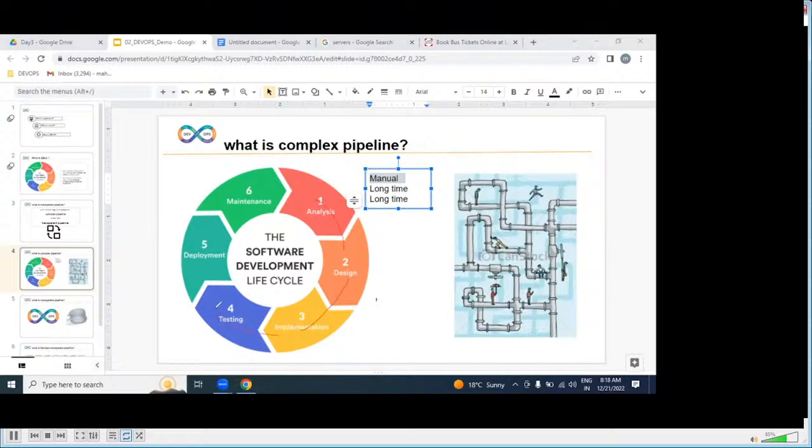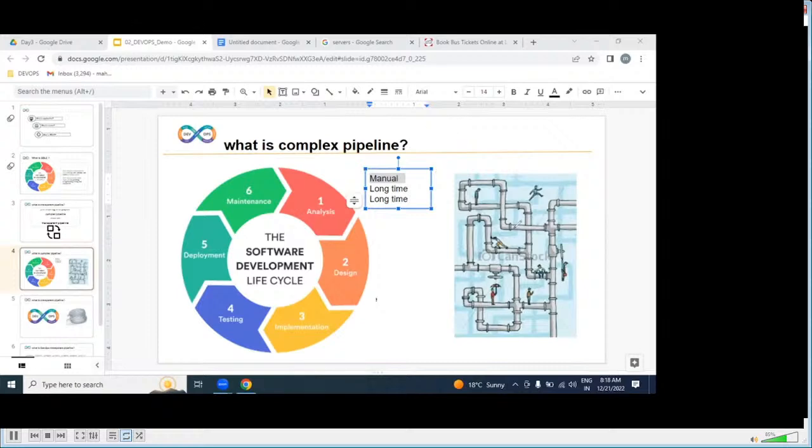If you face any issue or problem, identification will take a long time, and resolving the issue will also take a long time. That means the cost is going to increase, it will take more time, and definitely the quality decreases. That is the reason we call it a complex pipeline.